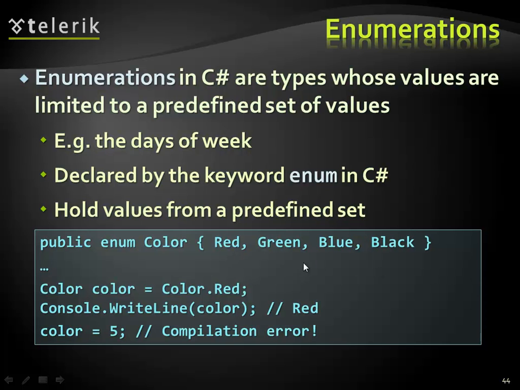These are usually equivalent. They're actually stored in memory as different numbers, as different integers, but they can be accessed like this. For example, Color.Red, or you can have a method that receives a type Color in one of its parameters, and it could be one of these values. So instead of just putting numbers or strings or something which is completely fluid, you can use enumerations, and you can set specific values to be used in your program, and that will make it much more stronger,